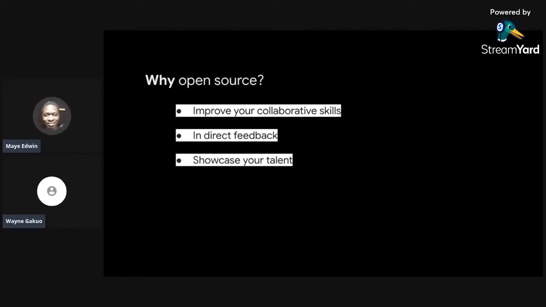Then you can showcase your talent, how good you are, in a particular stack. For example, I'm sure people within my tiny community, if you asked, hey, I want to learn about PWAs, someone will definitely point them to me. I'm confident about that, because I've been able to share the talent I have in building upon PWA technology, and everyone kind of acknowledges that this is the right guy you could ask about PWAs, and you will be able to find guidance on how to build whatever you want to build on top of PWAs or any other project.